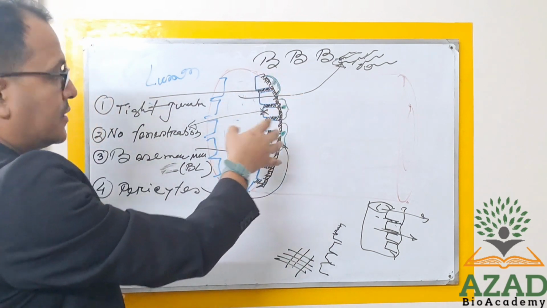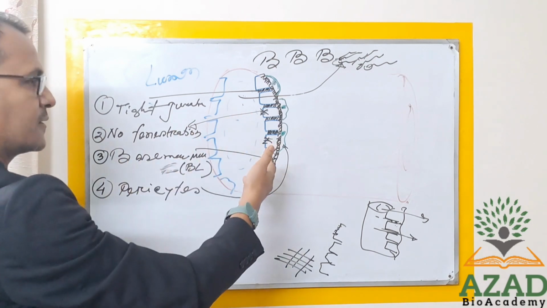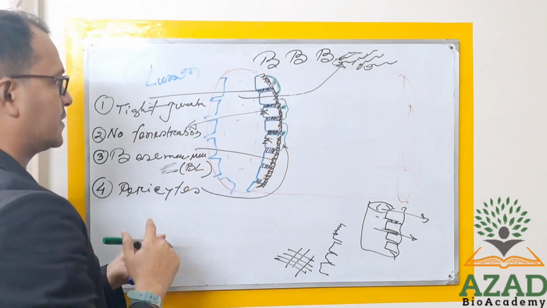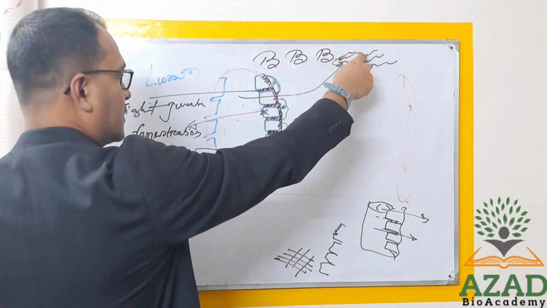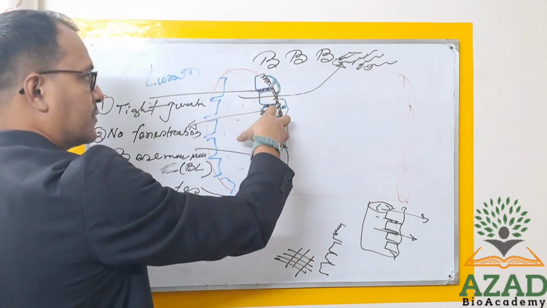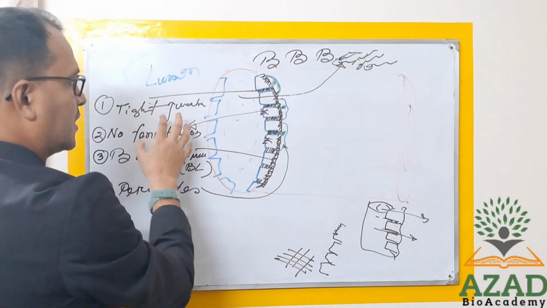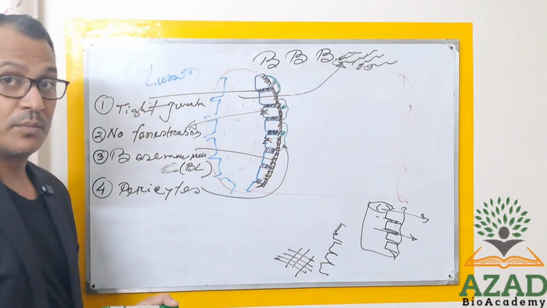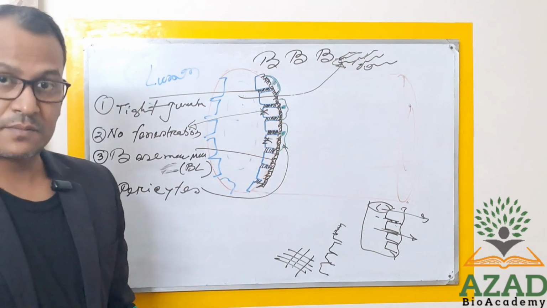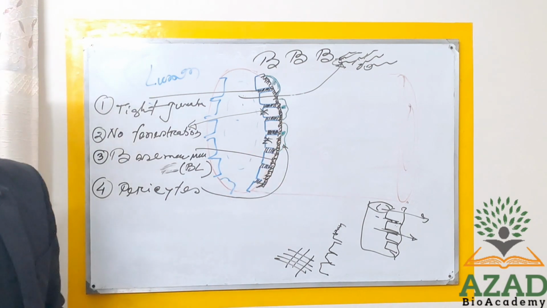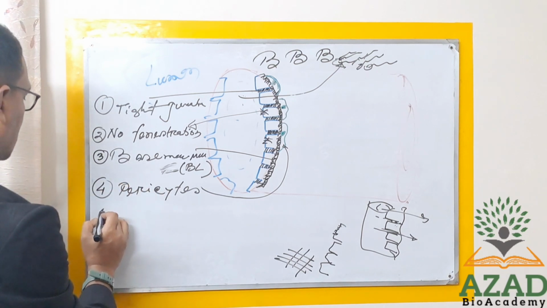Okay, and that pericyte is somehow just acting as a barrier. Already I said, if anything tries to reach the brain cell, it must cross the blood capillaries. So the barriers are these, and also the pericyte is a component you can consider along with the basement membrane. This pericyte is also a barrier. So this is the fourth one, and the fifth one is